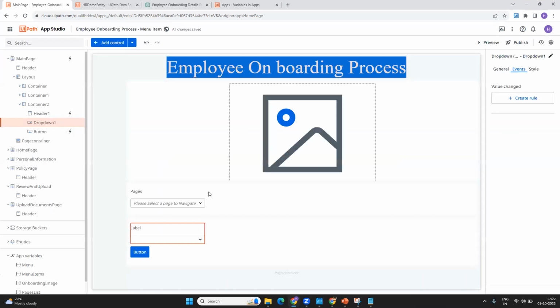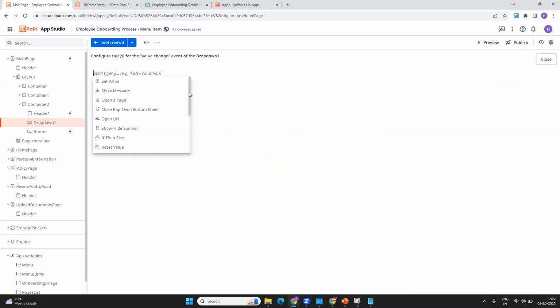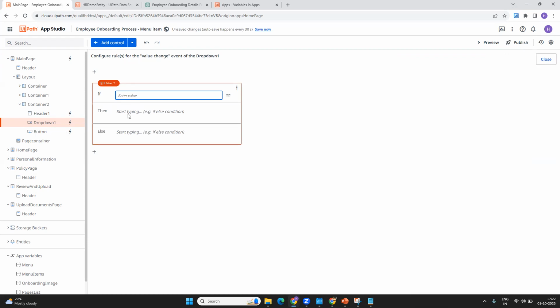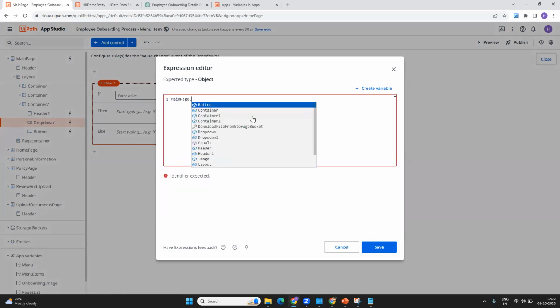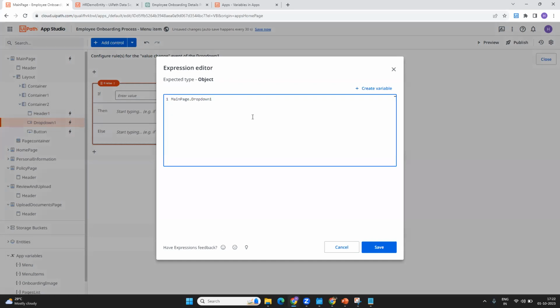So now I have my drop down here. Go to create rule, and here you should have an if condition. Okay, so if what? If the value that you've selected in the drop down, the value that's selected in the drop down will be coming from here. Let me just write the expression: main page dot drop down 1 dot value, if it contains home, right? If it contains home, then